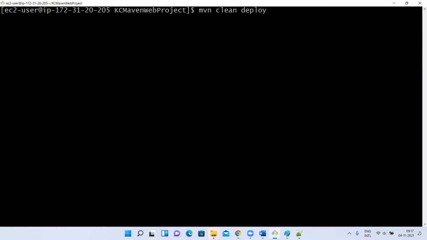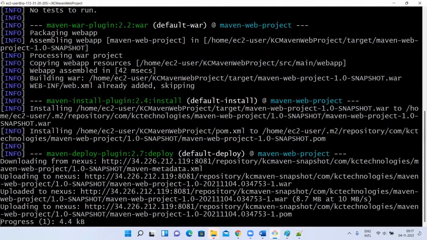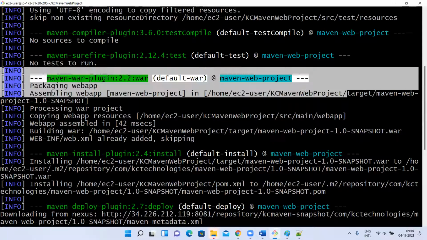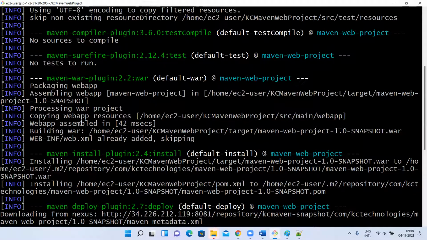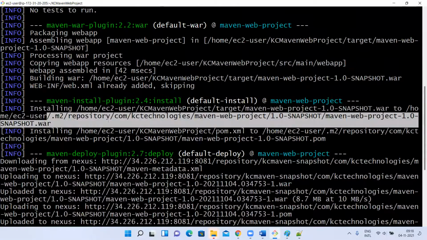Now you see here. There is a target. It has generated the packaging, assembling something for the target directory, right? Next, it uploaded into the local repository. That is mvn install.